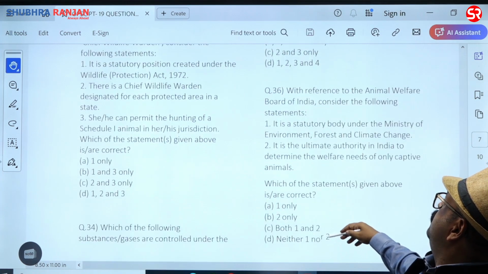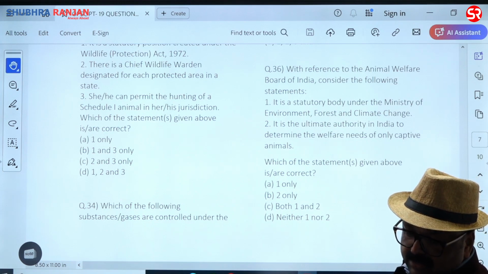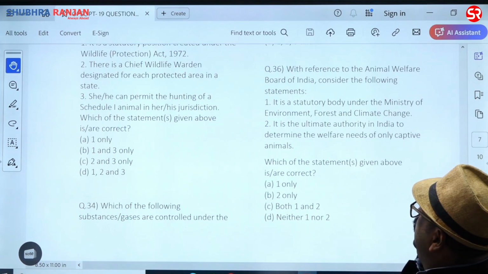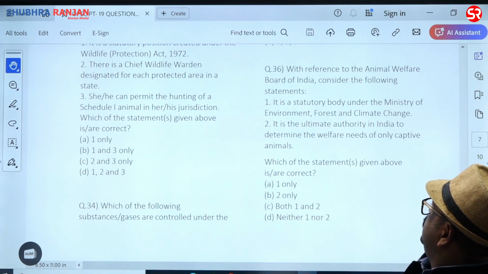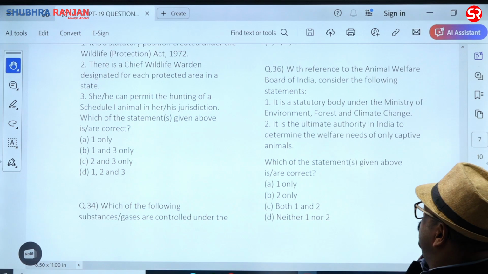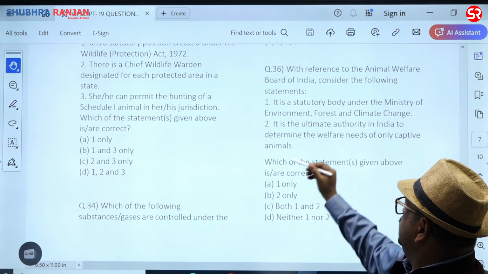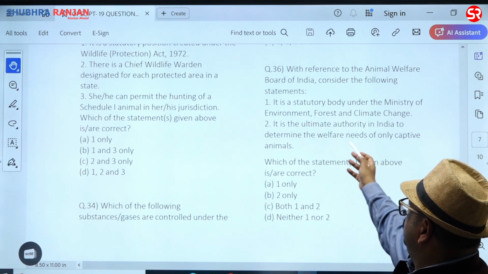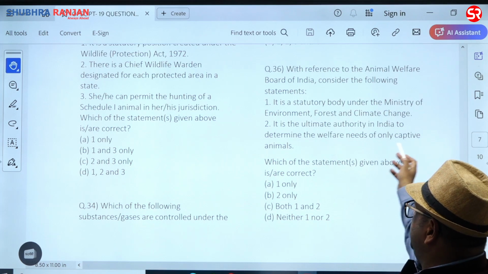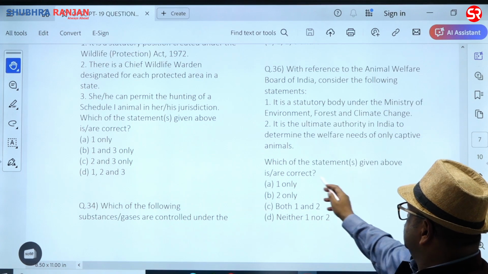With reference to the Animal Welfare Board of India, consider the following statements. Question number 36. It is a statutory body under the Ministry of Environment, Forest and Climate Change. No, it is under the Ministry of Fisheries, Animal Husbandry and Dairying, not the Ministry of Environment, Forest and Climate Change. So the first statement is wrong. It is the ultimate authority in India to determine the welfare needs of only captive animals. That is also wrong. 1 and 2 both are wrong. So the statement given is our